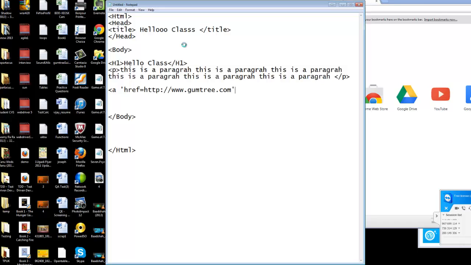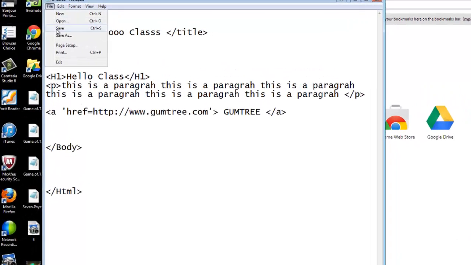Okay, and close the quotes. Now write the text. I'll write Gumtree or something, and say /a. So we did different things. We have a heading, we have a paragraph, we have a link as well.